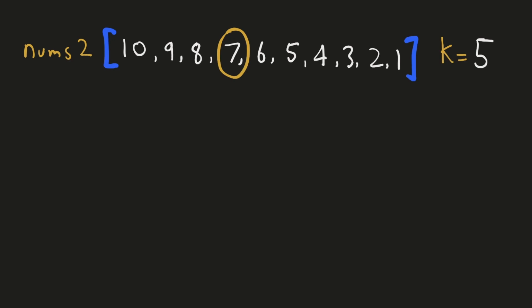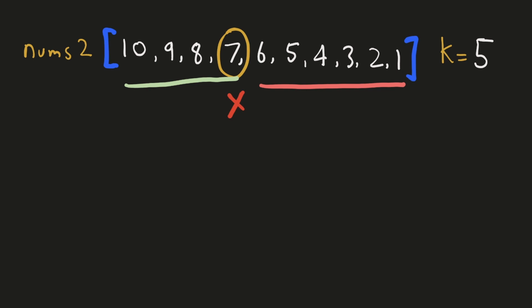Since 7 has to be the minimum, the other 4 numbers have to be greater than or equal to 7. So we'll try to choose the numbers which are on the left side. We can see that we were only able to choose 4 numbers which are at least 7, and the remaining one number has to come from this part of the array where the numbers are smaller than 7. Since any number from this part will be smaller than 7, 7 cannot be the minimum of the subsequence of